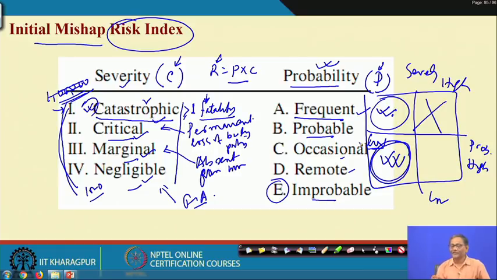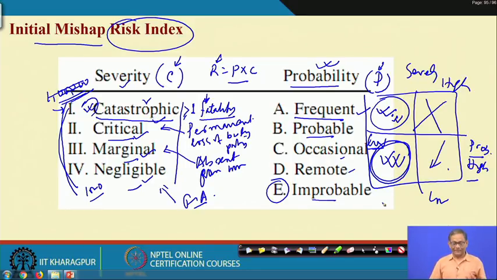and you find that in general, day to day activities will fall under this. And here probability high and severity low, that may be there. Here you reduce the probability. So, action here, I think it is an inoperable system, action here is to reduce the catastrophic nature or the severity, action here is to reduce the probability, and I think the risk level here will fall under the acceptable zone.